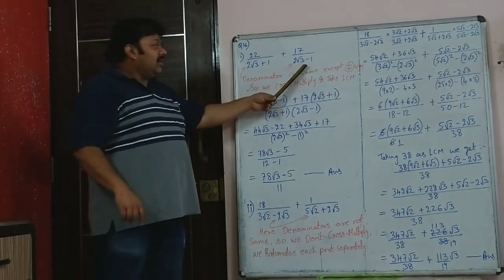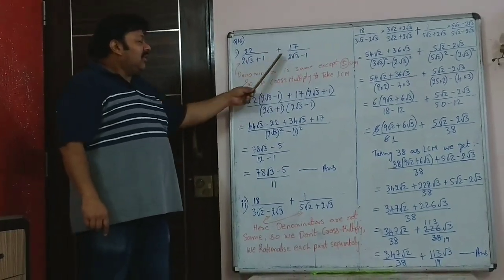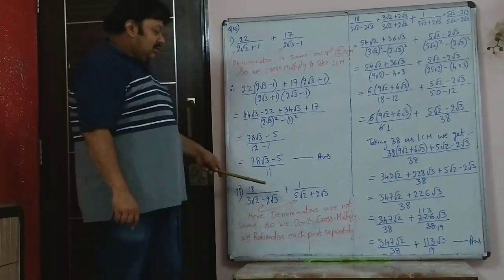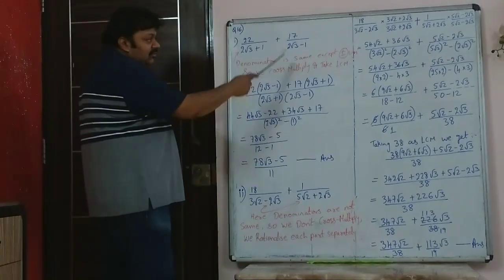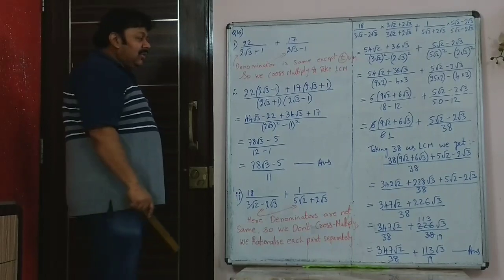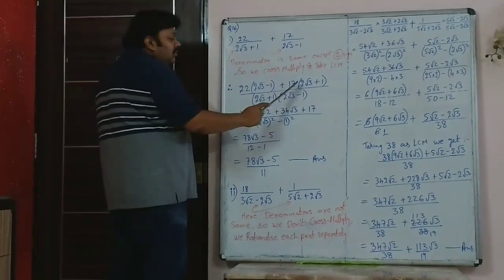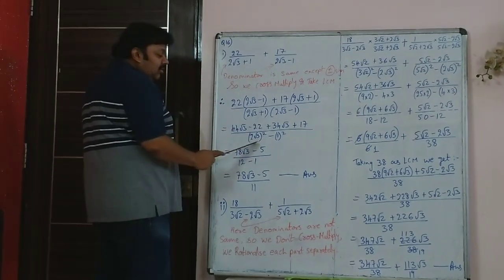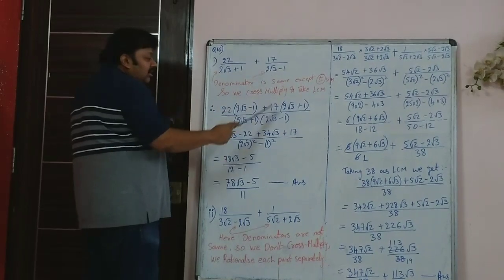So look at the denominator. If the denominator is exactly the same number with just a plus minus sign difference, do not do what we have done in sum 2 where it's a lengthy process, but of course there the denominators are not the same, so you couldn't just cross multiply. Here since the denominator is the same, just take the LCM by cross multiplying. So 22 into 2 root 3 minus 1 and 17 into 2 root 3 plus 1, and the denominator is 2 root 3 the whole squared minus 1 the whole squared, a plus b, a minus b.